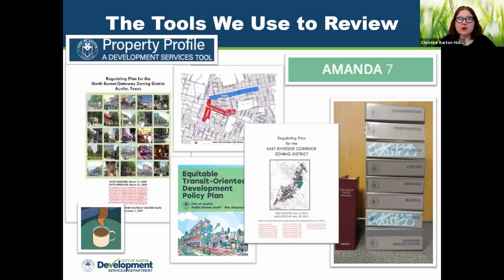If you haven't used it, I highly recommend it. We'll provide a link for that at the end of the seminar. And it is a very, very useful tool that we use many times a day. And then, of course, Amanda, our database, where all of these plans and reports and everything live. Next slide, please.